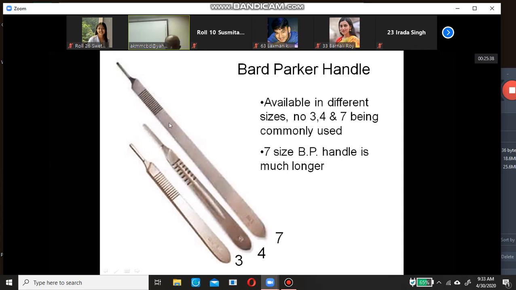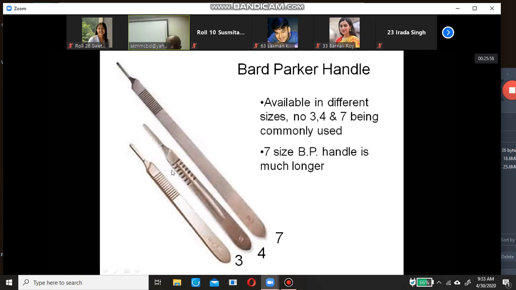This longer handle is used when we work on a deep aspect, such as within the abdominal cavity. For the deep abdominal cavity, at that time, we can use this long handle.